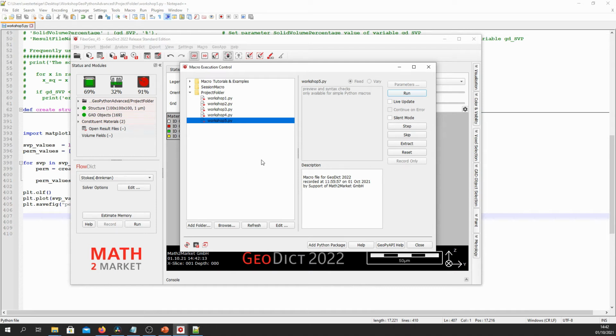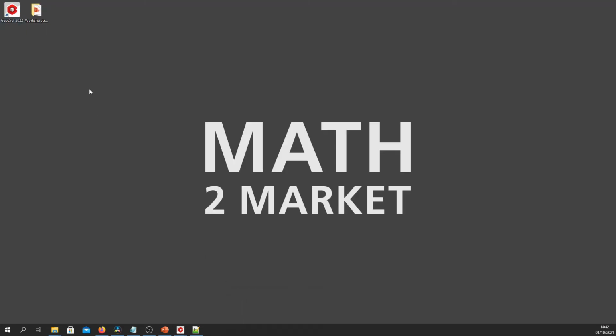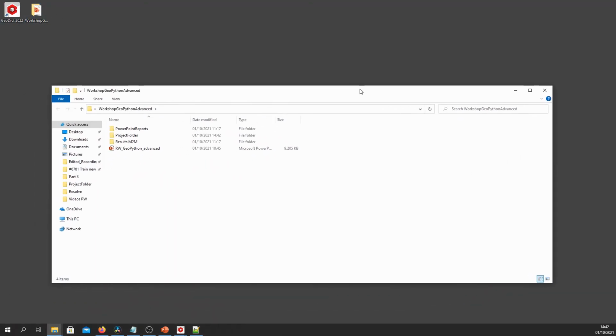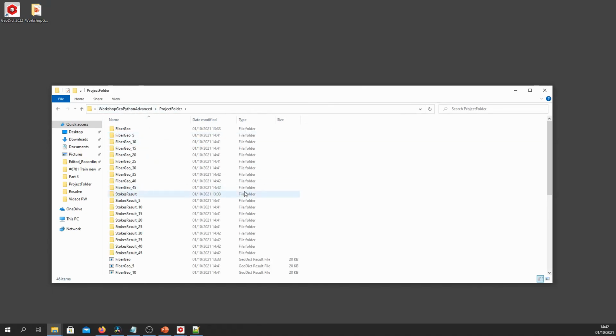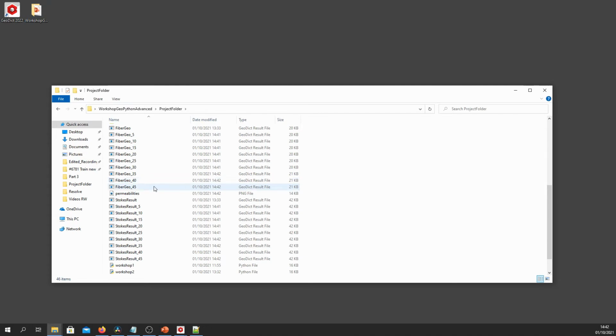And now we should go into the project folder with the Explorer. So go to the workshop folder, go to the project folder, and there we should see a PNG file called permeabilities. Just double click it to open it.